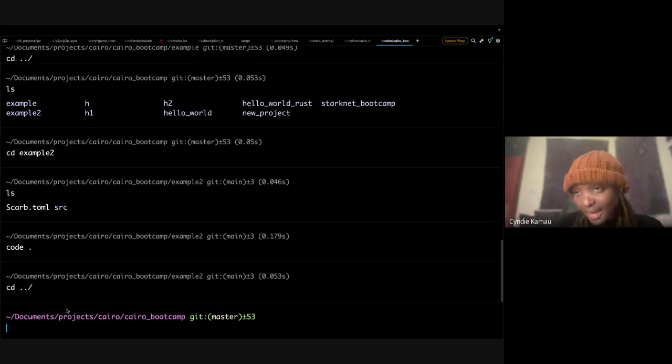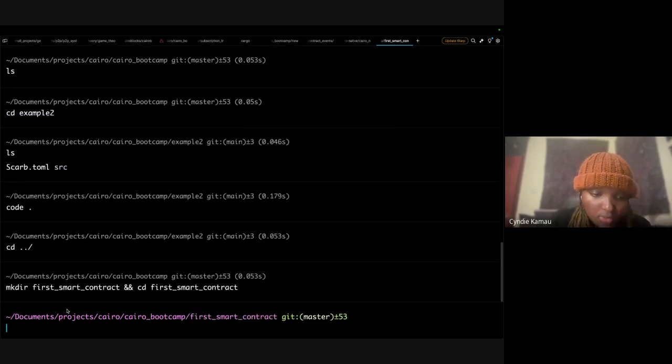So Starknet Foundry, okay? Let me make another directory, and then I want to write my first smart contract. The first thing you can do, like we started with scab, right?